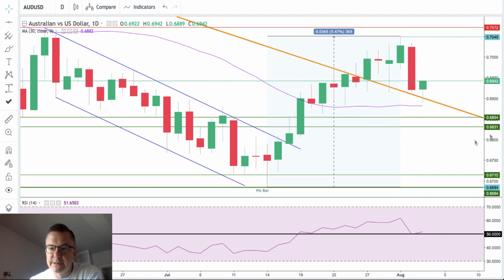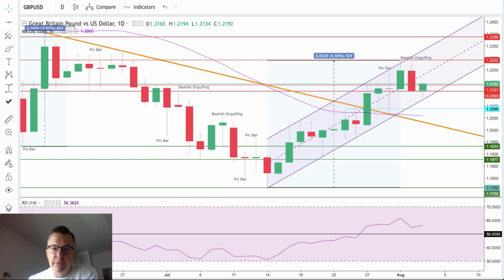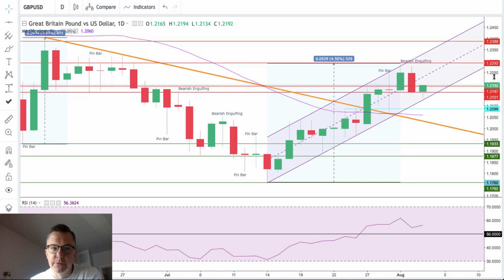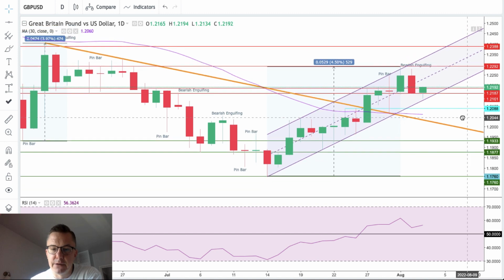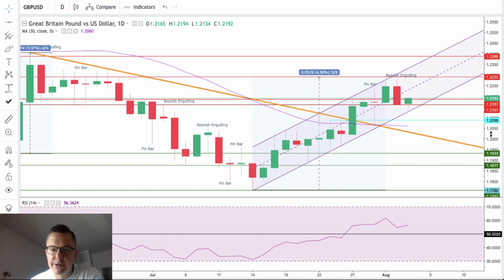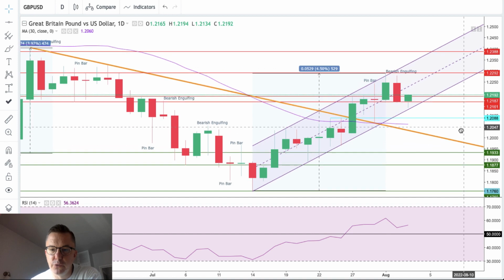If we break below 6,831, the outlook remains bearish because the long-term trend is bearish as well. We should take a look at the British pound to the American dollar as well, because of the data from the PMI, of course, the PMI composite, PMI services. What do we have here is very